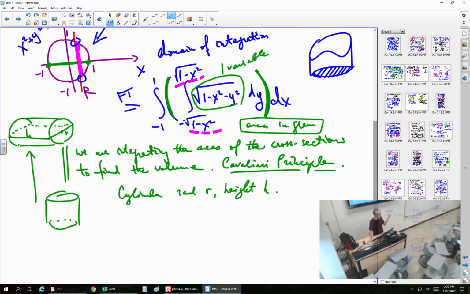What are the cross sections? Pi r squared. Pi r squared, right? So it is independent of x. So if you put your x-axis here, it is the same. So this is the area of the cross section. So what do we do next? Integrate it from 0 to h. What's the variable? dx, that's right. It's not dr. R is fixed anyway, and so x. In other words, we are integrating a function that happens to be constant. So the answer is then